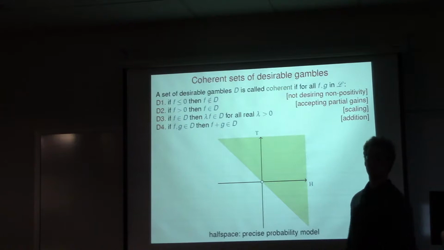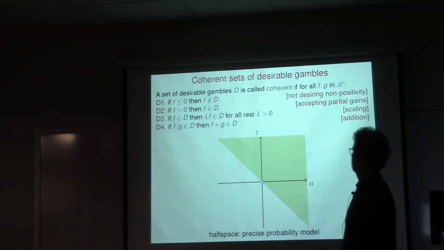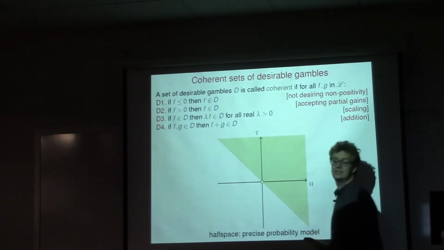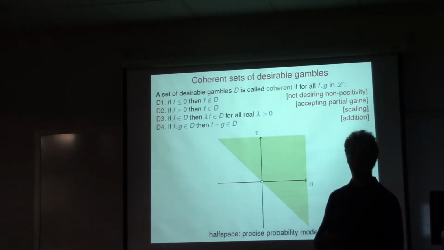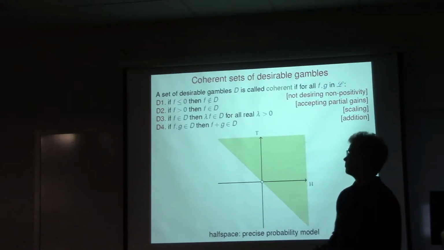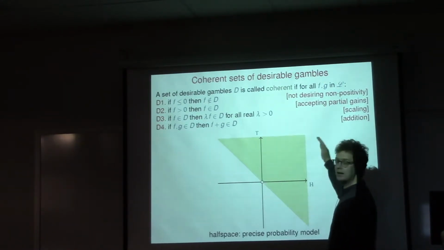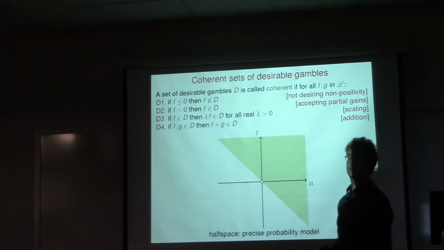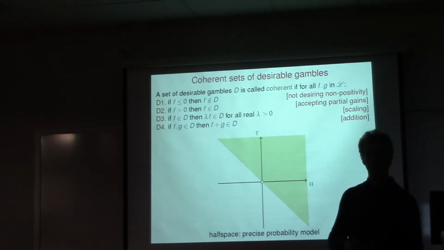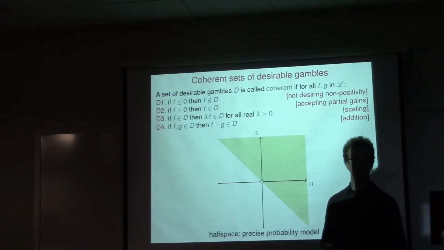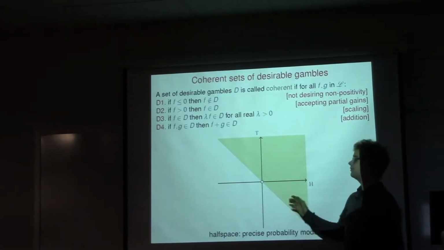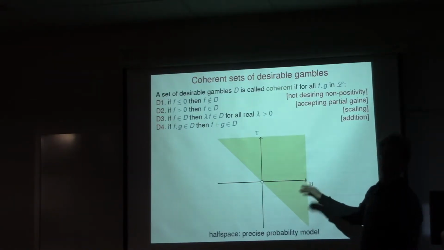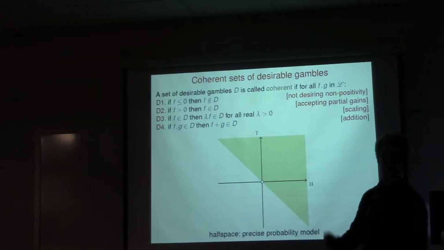For instance, this one is another one, and this is a very interesting one. What is this line? This line is the second diagonal, a line of gambles whose value in heads plus value in tails is equal to 0. So every desirable gamble in this model is a gamble whose value in heads plus its value in tails is bigger than 0, or in other words, its uniform expectation is bigger than 0. So this is a set of desirable gambles that corresponds to a uniform belief between heads and tails, so probability 1/2, 1/2 if you want.